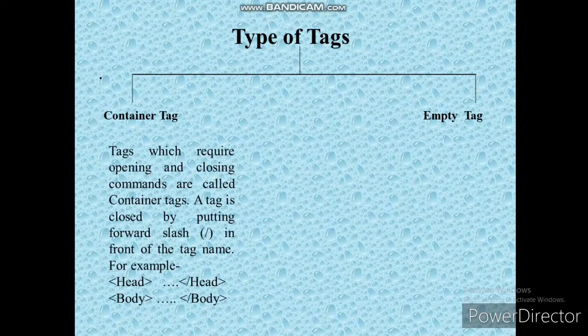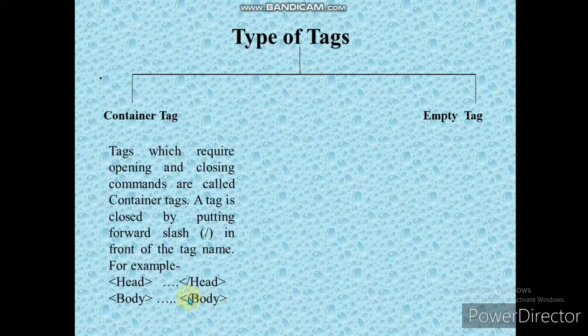A tag is closed by putting a forward slash in front of the tag name. How do you close the tag? You can just put the forward slash before the tag name, and your tag will be closed. For example, head, you can see on the screen, head tag is starting here, angular bracket, and this is a closing of head tag by putting forward slash before the name. This is a body tag, starting of the body tag, and body tag is closed by forward slash